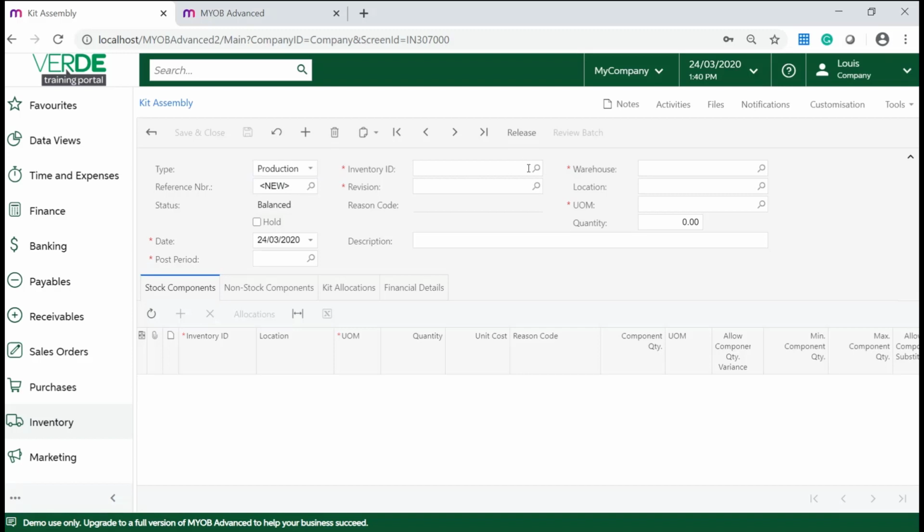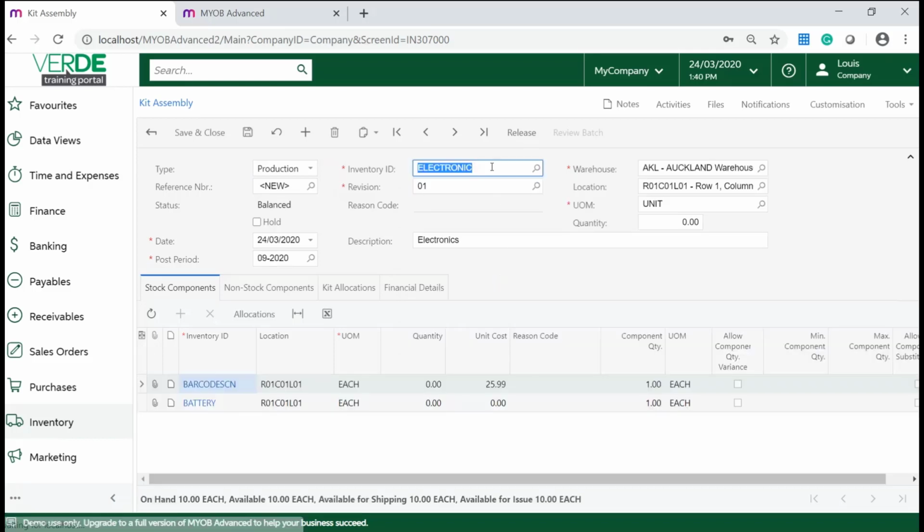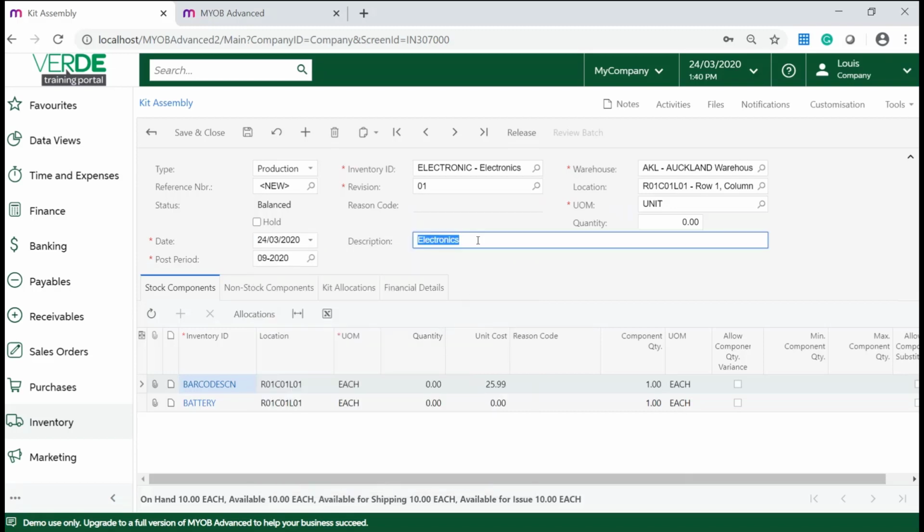Select your inventory ID. This will be the item marked as a kit on the General Settings tab of the Stock or Non-Stock Items form. Select the revision of the kit specification used for the kit assembling. You will notice that once you have selected your inventory ID, some of the fields will update from the stock item and kit specification forms. Select your business date and enter a description if needed. Enter the quantity of the kits assembled,